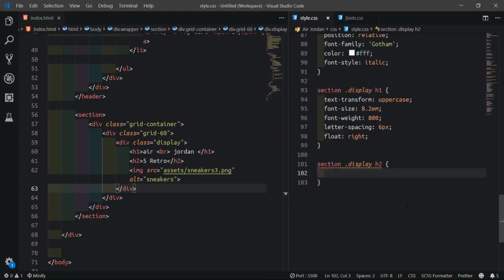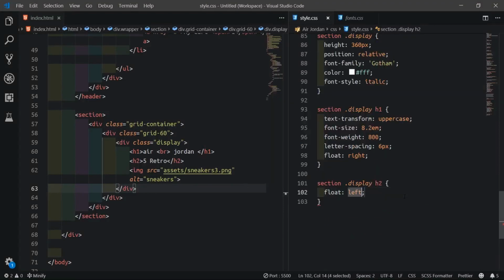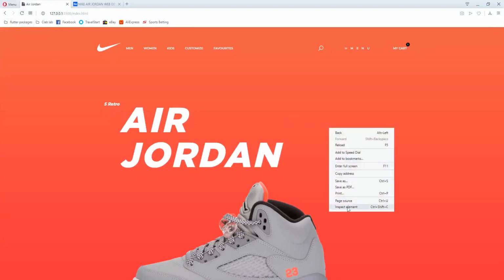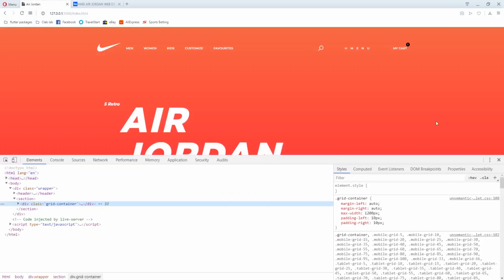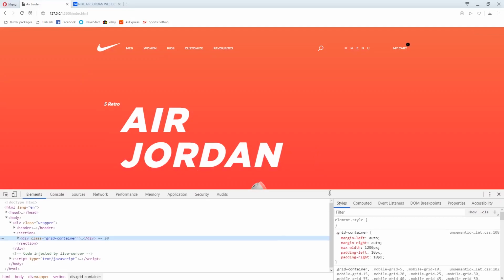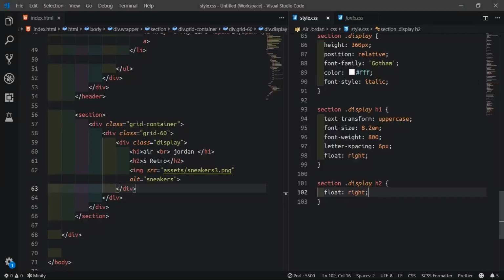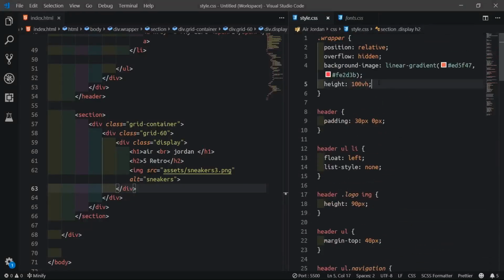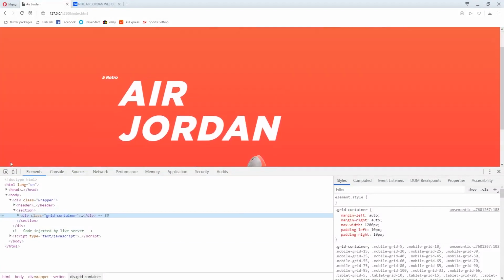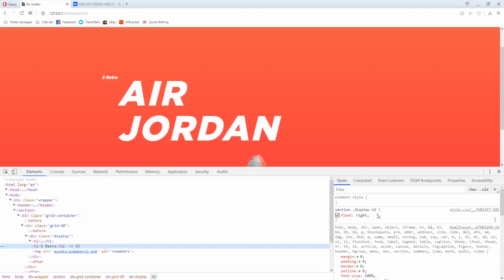Then we'll float on to the right, so we'll see how it's going to be like now. I inspect the elements here, then I just arrange them. And if I scroll this in because of that 100 view height, I'll just get them out, disable them first, so that's good. It's scrollable for now, so I'll go back to my codes here. If you scroll, then I'll target this guy here now, this h5 retro, then style them more.